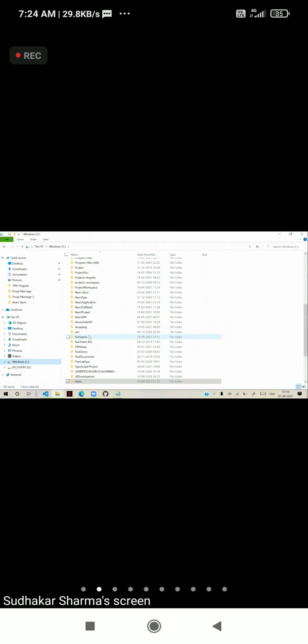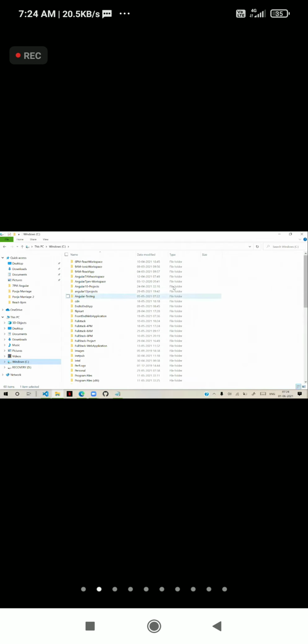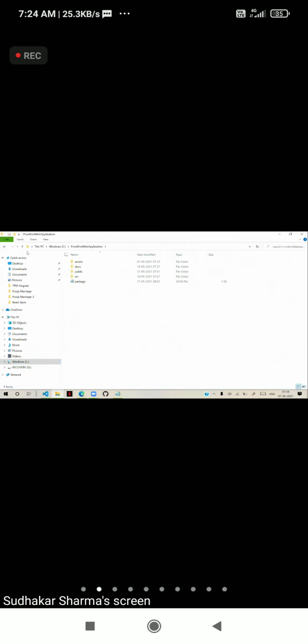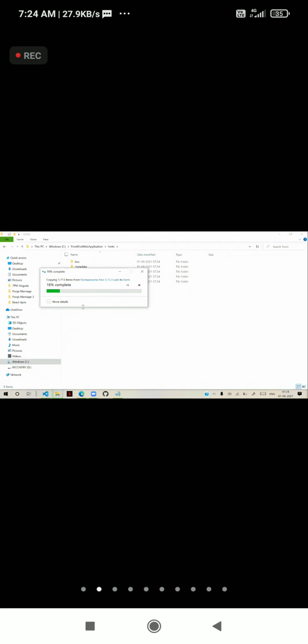That means here the project location is C drive. In C drive, you have the project, our project, a full stack front-end web application. In that, create a separate folder and the folder name is fonts. In that fonts folder, paste all these files. You can give any name for the folder. I will give a simple name, fonts. And in that I will paste all the files that I have copied. That means we are adding all this Font Awesome related library.